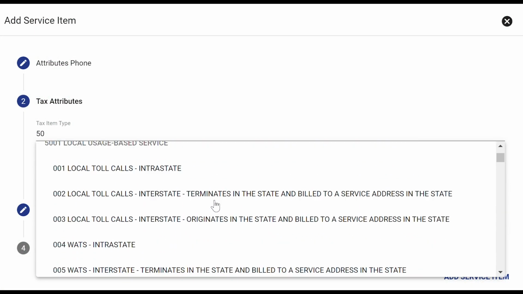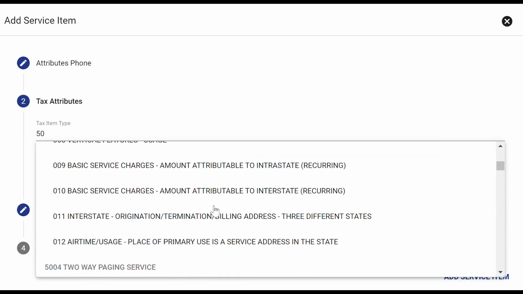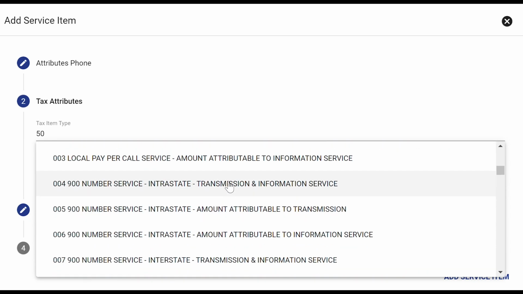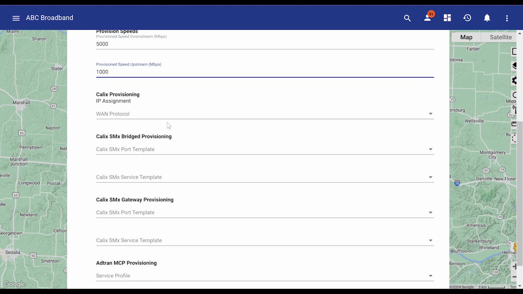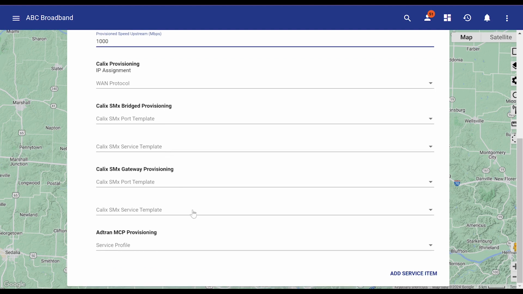Please consult with your accountant when establishing the tax attributes of the products and services being sold. If the service item is a fiber or wireless service, then set up the appropriate regulatory and provisioning information. This can vary based on the integration points with your hardware. Then select Add Service Item to confirm the item into Vision and be ready to be added to a service